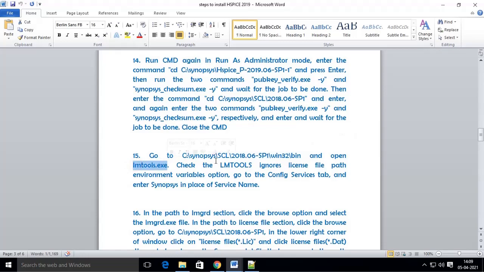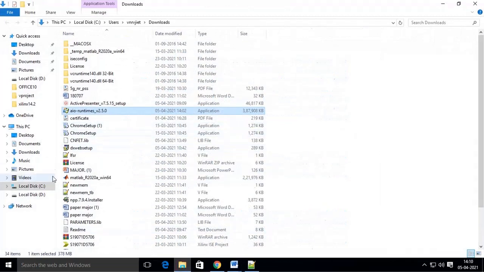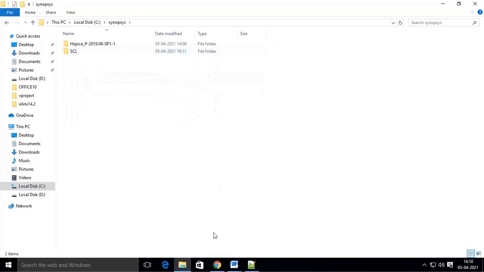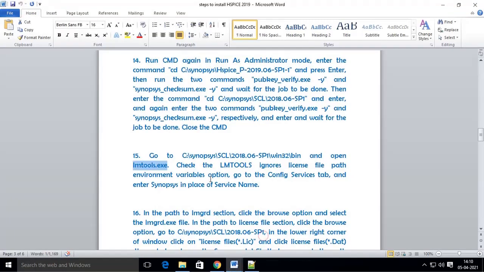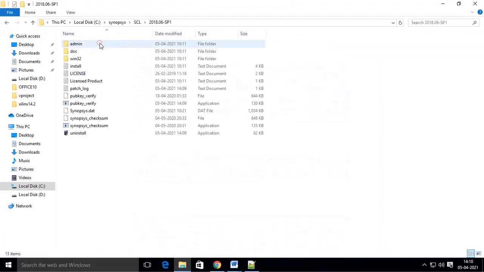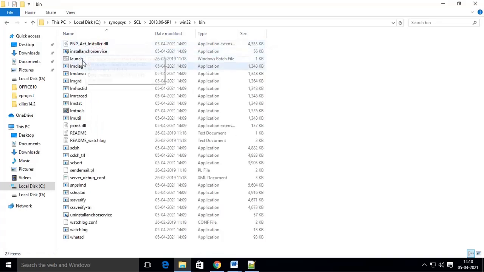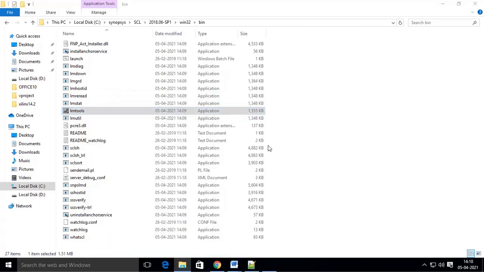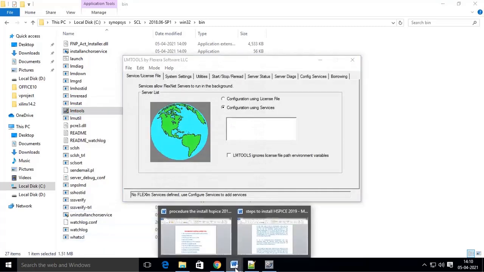Now go to the Synopsys SCL 2018 folder and open lmtools.exe file. So open lmtools, run as administrator.